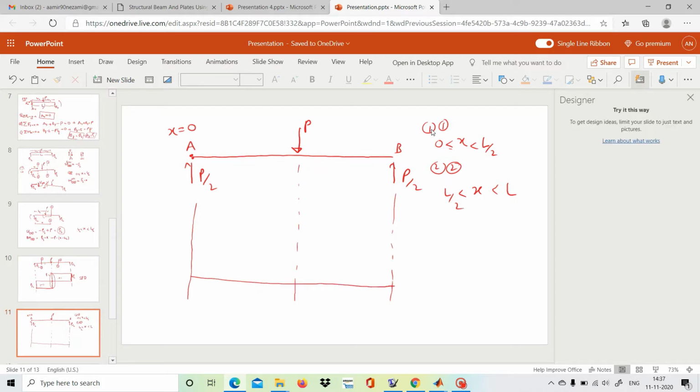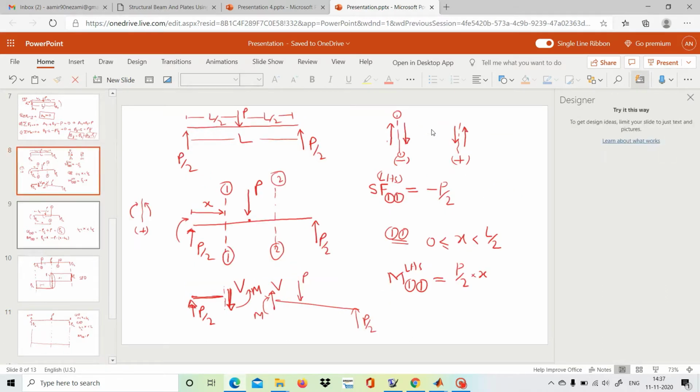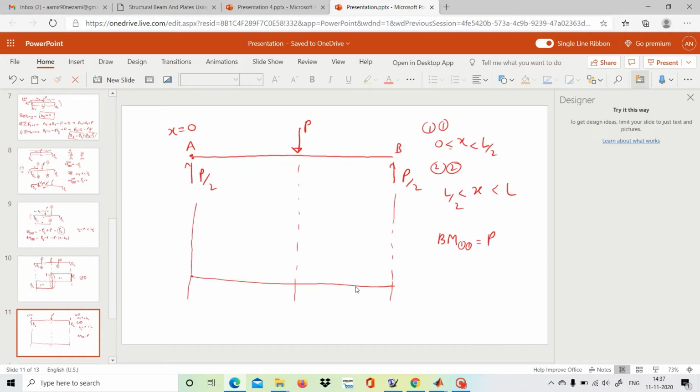Bending moment at section 1-1 was P by 2 into X. If you put the value of X equals to 0, bending moment at point A would be equal to P by 2 into 0, which is 0, and at X equals to L by 2, bending moment at point C would be equal to P by 2